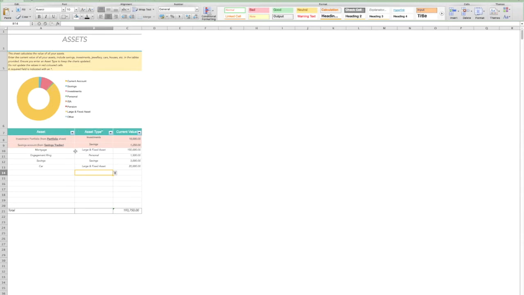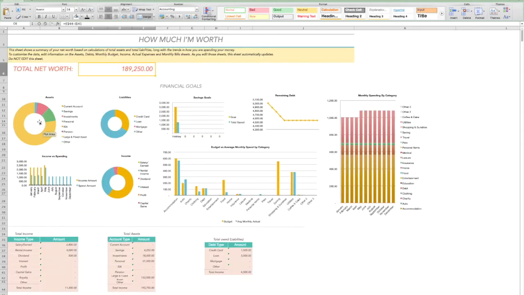And as you see, as I was entering that information, then the spread of the assets changed. Now I'm just going to change that from large fixed asset to personal, just to show the difference, because otherwise everything looks yellow. So that is the spread of the assets, and that is also displayed here on the main